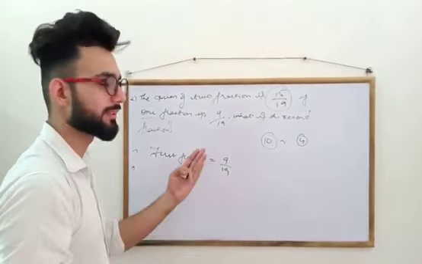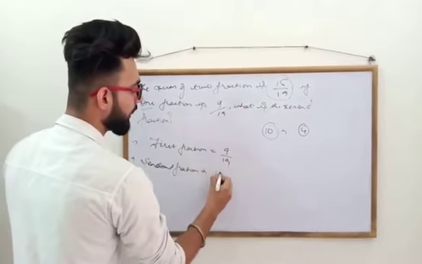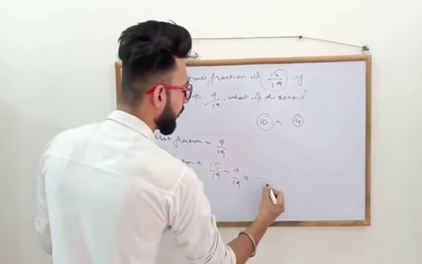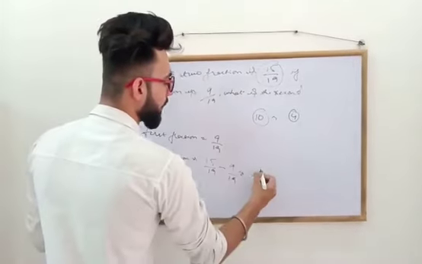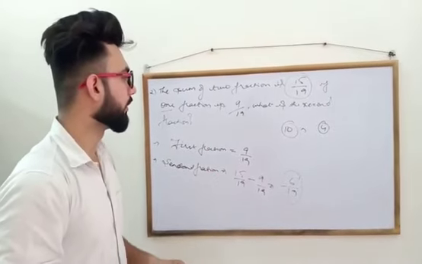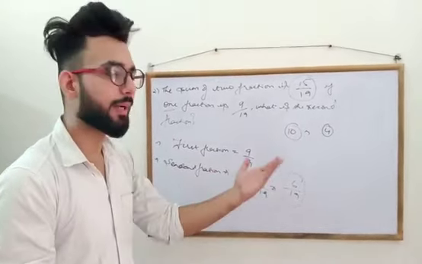Second fraction is equal to total 15/19 minus the first one, that is 9/19. What do we get? As the denominator is the same, we'll write the denominator as it is in the result, and 15 minus 9 is 6. So 6/19 is the second fraction. In this manner we can find different parts of fractions: if we have one fraction and the total fraction, we can directly subtract the first fraction and find the second one, and so on.